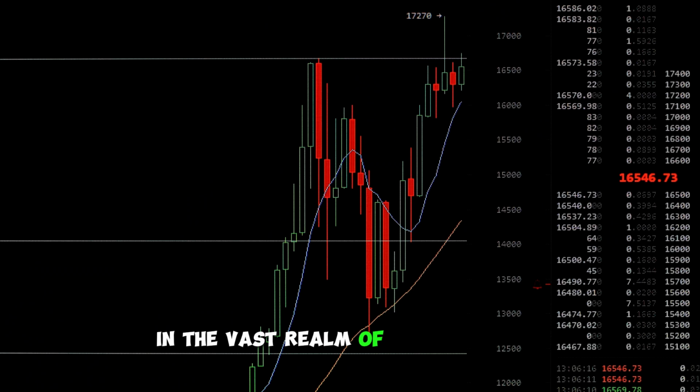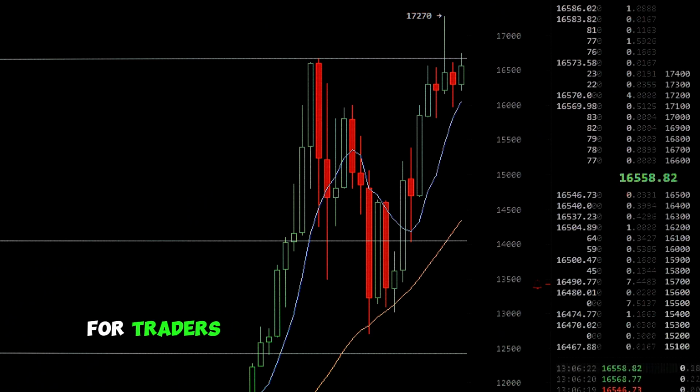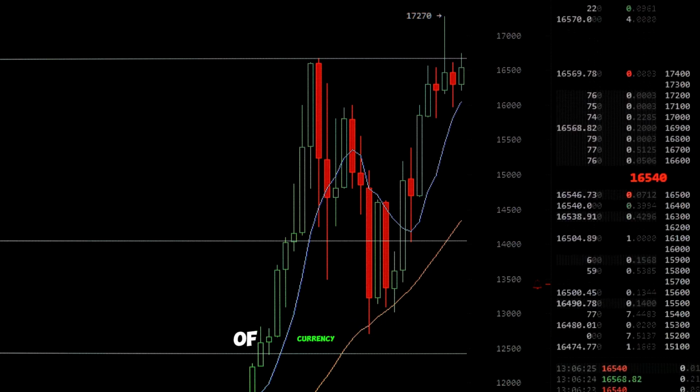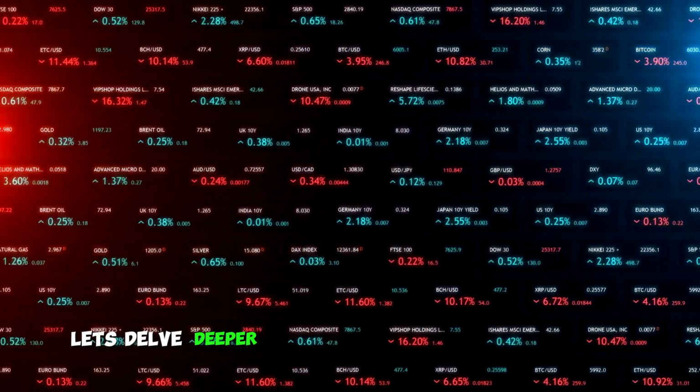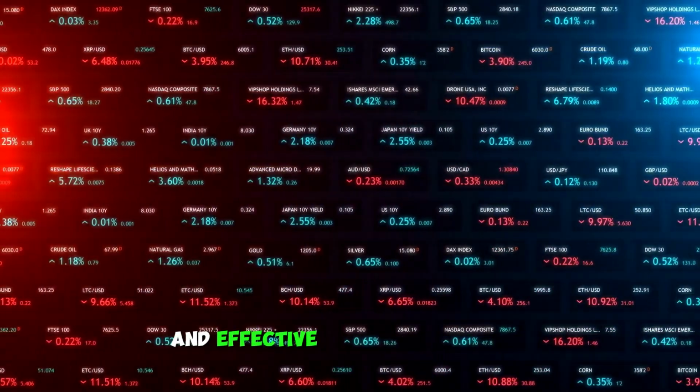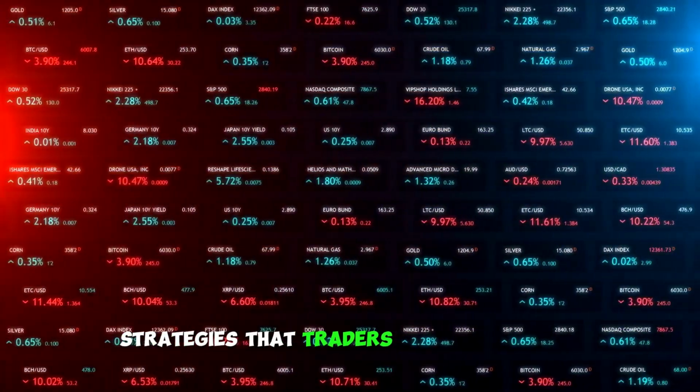Technical analysis strategies. In the vast realm of Forex trading, technical analysis strategies serve as invaluable guides for traders seeking to navigate the turbulent waters of currency markets. Let's delve deeper into some of the most prevalent and effective technical analysis strategies that traders deploy to gain a